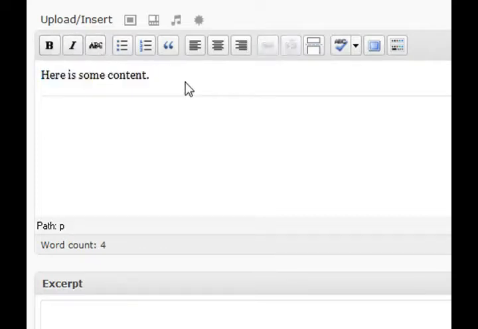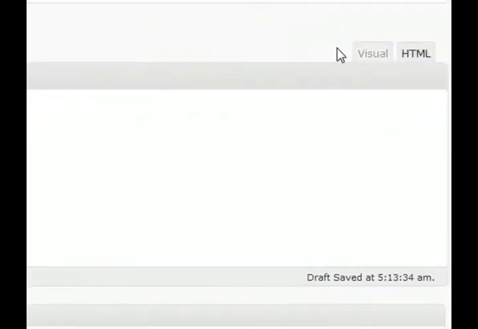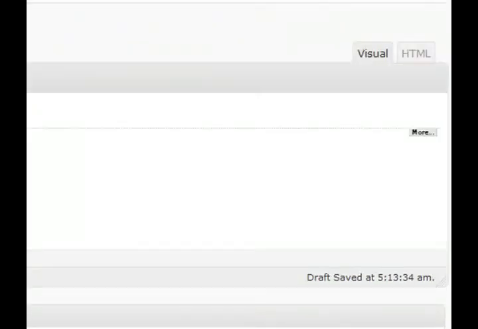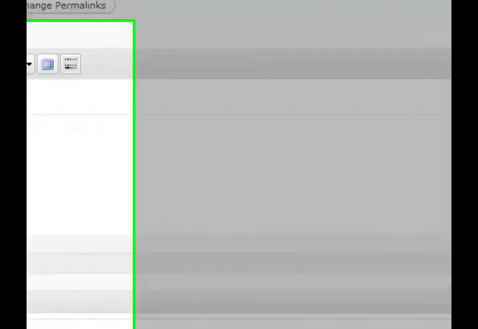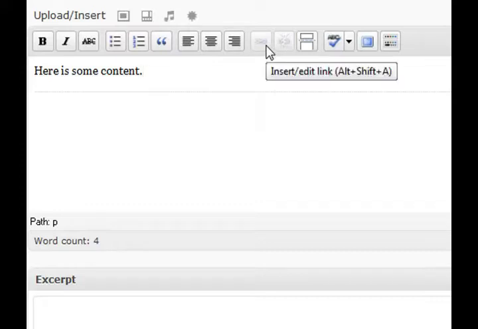If you prefer to work in HTML, there's a tab over here that you can use to work in HTML. But if you want to just stick with a visual editor, you can just stick right there. And it has all the standard options: bulleted lists, block quotes, the left and right adjustment, and the ability to add links, and also spell checking. Spell checking is kind of slow in WordPress. You might just want to stick with the spell checker that your browser provides, and just about all of them